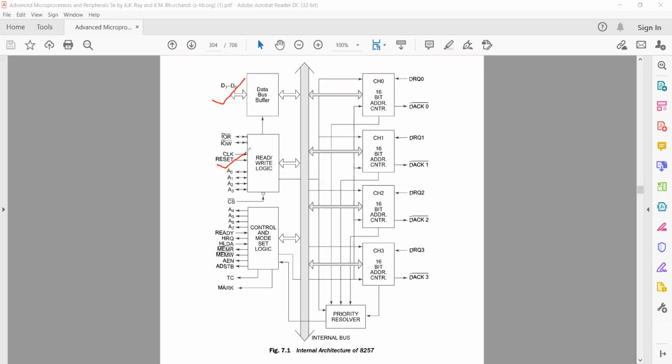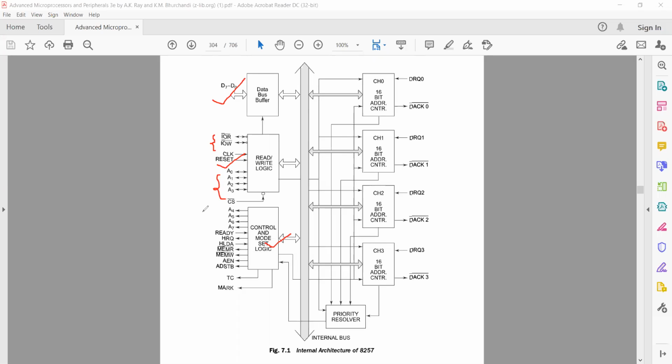This is the block that is used to perform read and write operations, the read write control logic. As you can see here, you have different control signals: this is IO read, IO write, and this is the clock pulse, reset pulse, and these are used to select different operations. And this is the control and mode set logic, and this is the heart of